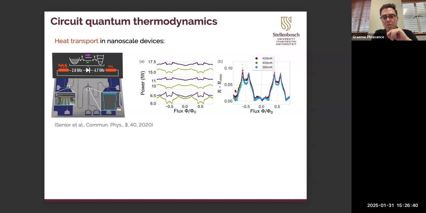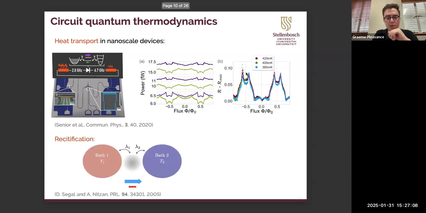And so in these figures, this figure shows the heat flow across the junction depending on this flux. The purple and green lines show the difference based on the inversion of these population distributions, and you can see they're not the same. And then this figure here shows the rectification ratio, which is the ratio between these two lines, and they achieve a rectification ratio of about 10% in the setup. And so this is